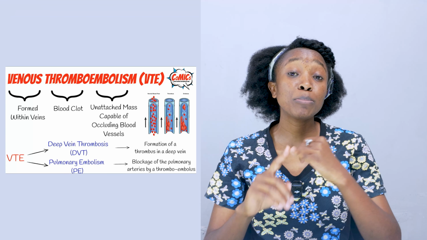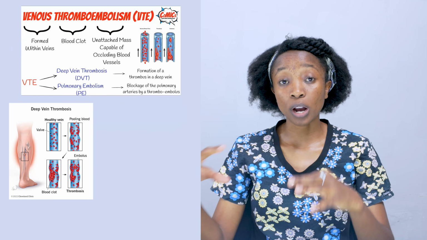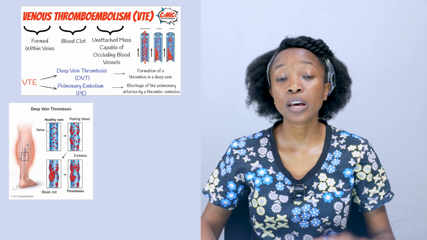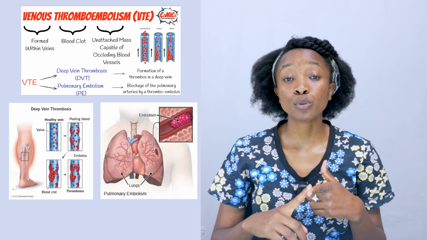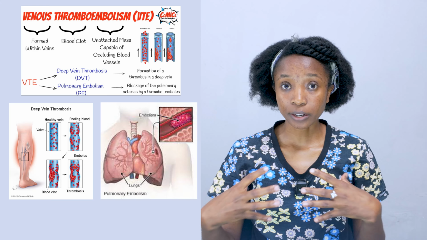Venous thromboembolism is divided into two. We have deep venous thrombosis, which occurs in the leg and the pelvic area, and pulmonary embolism, which occurs within the lung area. Most of the time, we get pulmonary embolisms as a result of a clot breaking off from the deep venous thrombosis. So deep venous thrombosis occurs when there's formation of a clot within the vessels of the